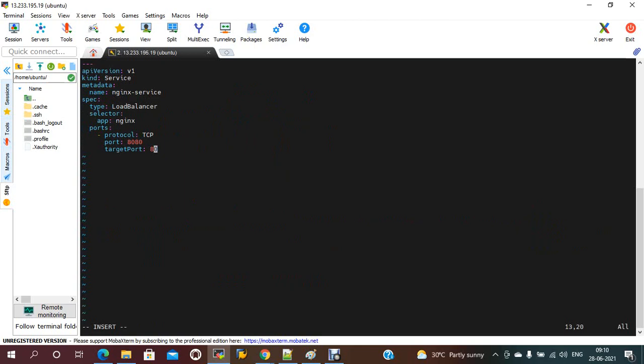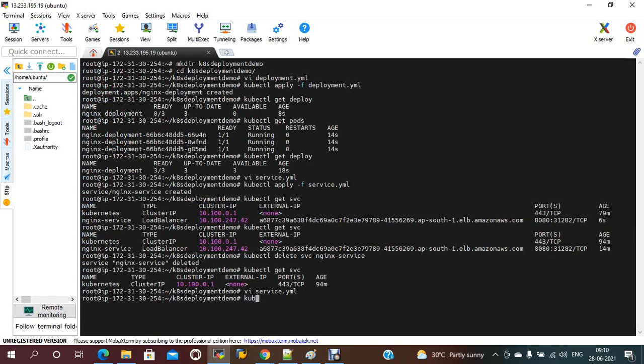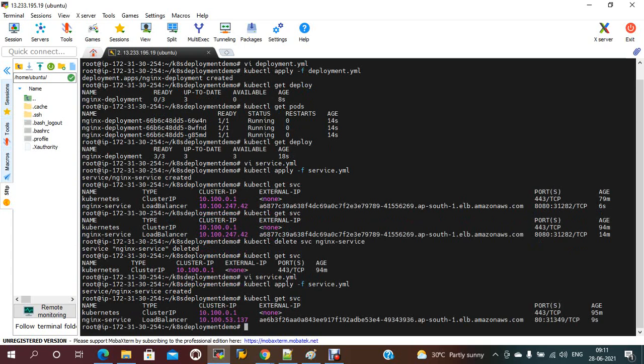Let me make it 80 also here. kubectl apply -f service. Okay, service is created. Now if you check kubectl get svc, this one is there.